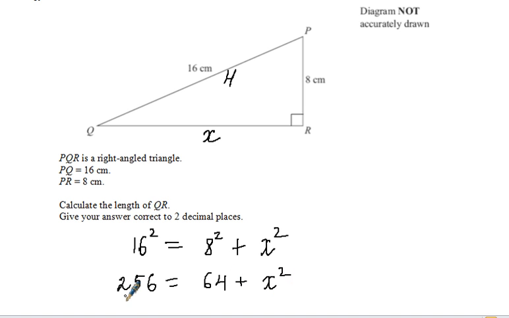So we subtract 64. 256 minus 64, I'm getting the answer 192. But let's write x squared on the left side now, so I'm getting x squared equals 192. And I would recommend you to write all equal signs in one line, so it would be a really nicely ordered way of writing your solution. But I'm going to write now here on the right side. I'm going to square root both sides, 192 square rooted, and the square root of 192 is